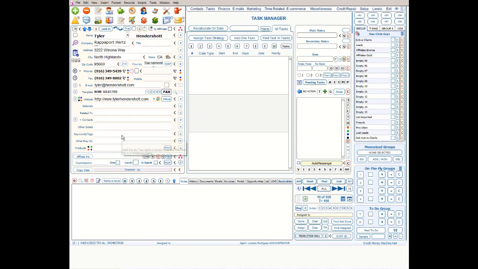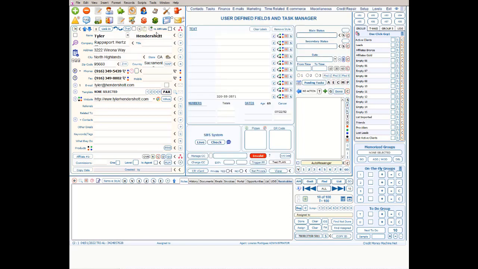Once you have the data, especially click here in this task manager button to show the user defined field, and in the number 10 here you're gonna have the social security, and here you're gonna have the date of birth. Okay, so once you have this data, which is important for the letters, you're gonna click here in the gavel button